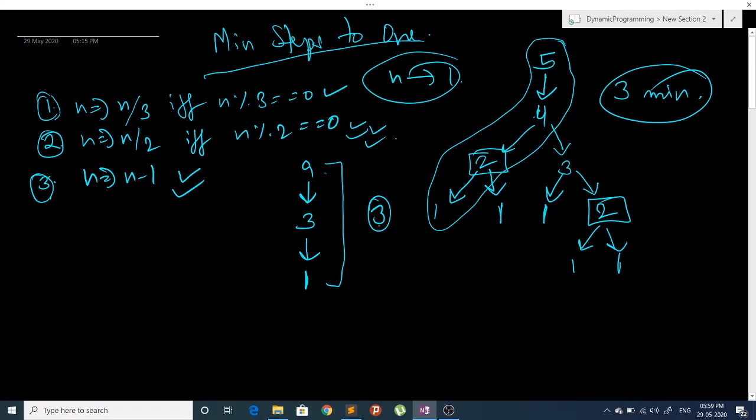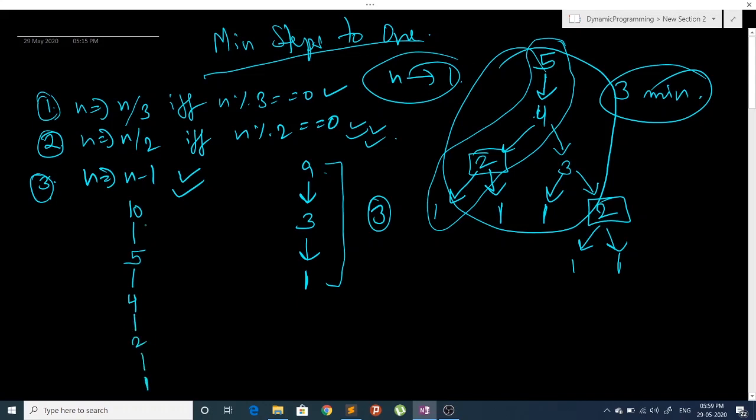Now this will not always work. For example, if I give you 10, now you will divide it by 2 and make it 5, and for 5 we can again generate this whole tree, or we can just follow our greedy approach and reduce 1 from it. Now we can see that it is divisible by 2, and again it is divisible by 2.